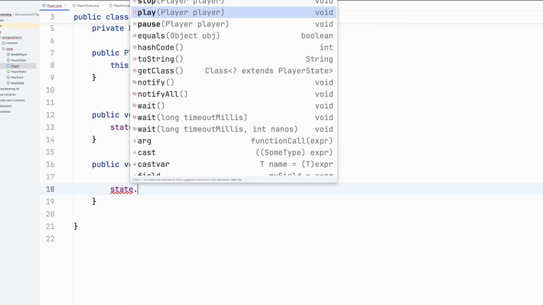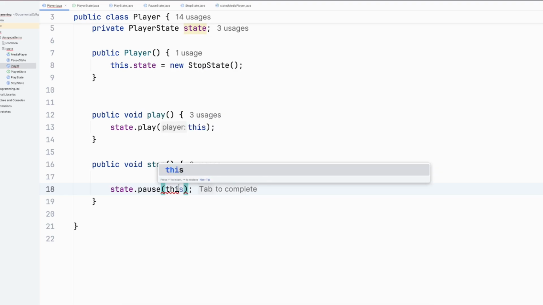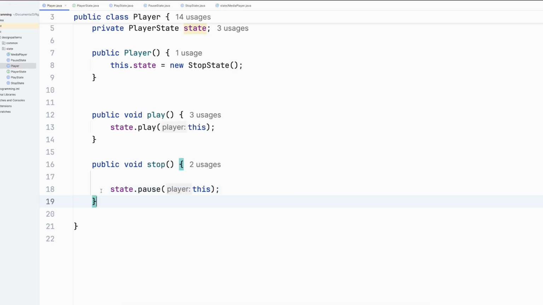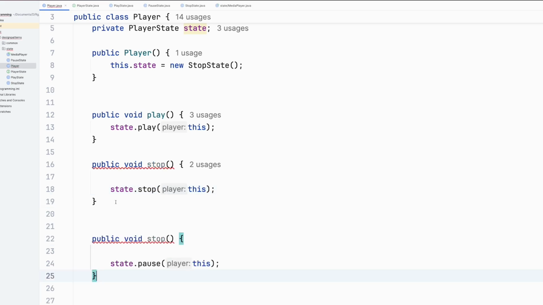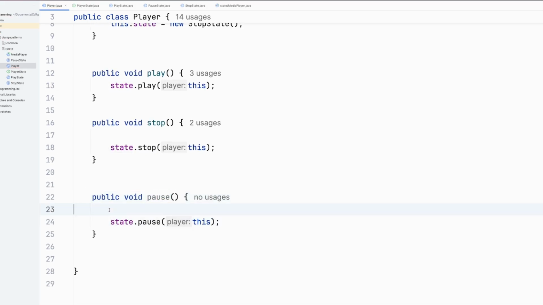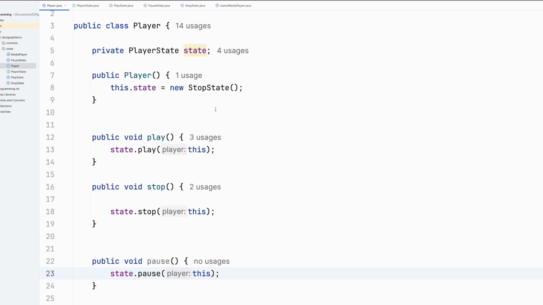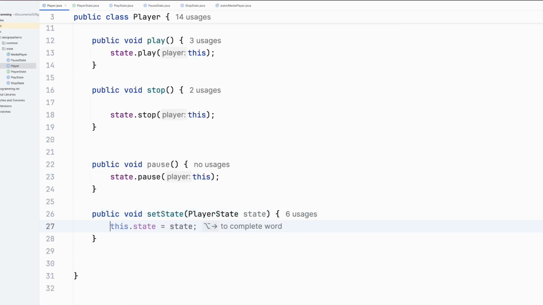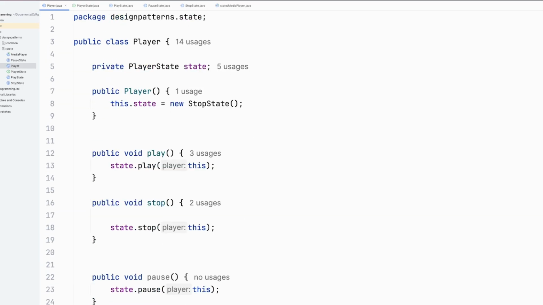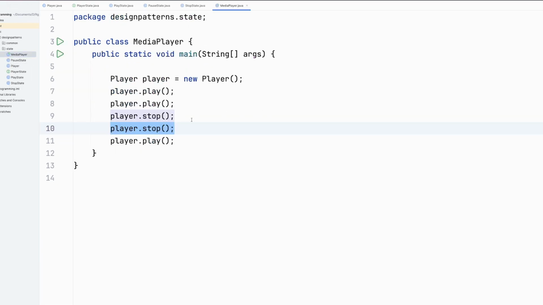State dot pause, and we are going to pass the player instance, and we are going to create, sorry, here it should be stop. We are going to create another method for pause, and we are going to set the state as pause. Now for setting the state, I am going to create a setter for set state. Now if we go to media player and we have play, stop, let's run this